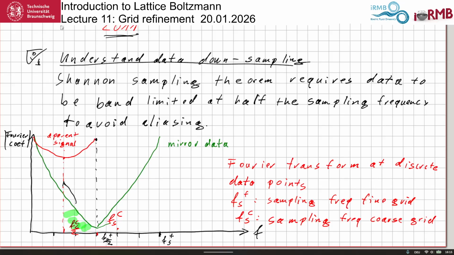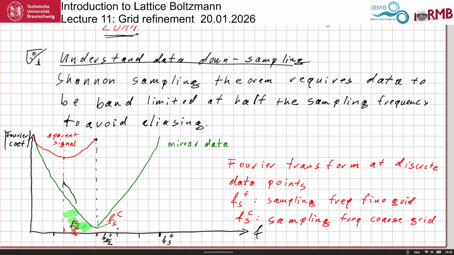Now the problem is if your signal is not clean, meaning it has frequency components that fit on the fine grid but do not fit on the coarse grid, then these frequencies will not be copied correctly, but they will cause aliasing. So they will produce